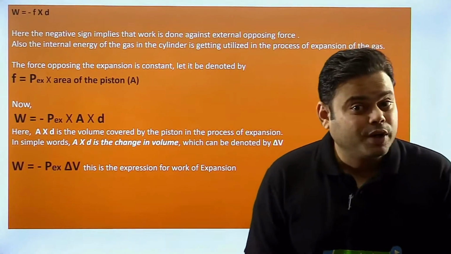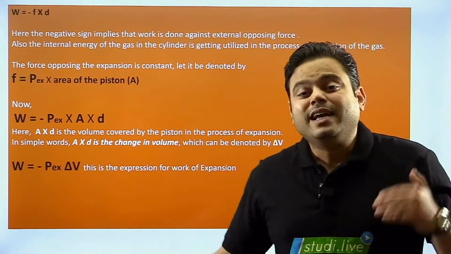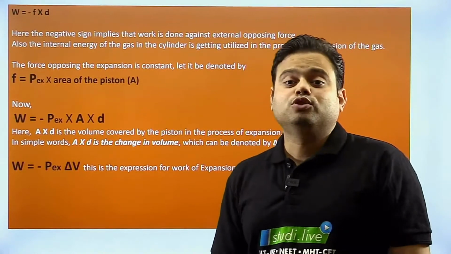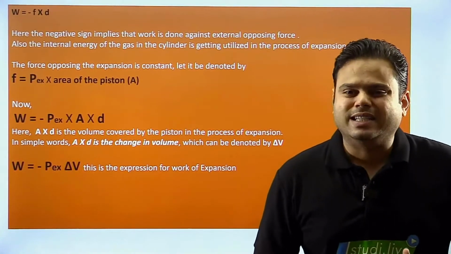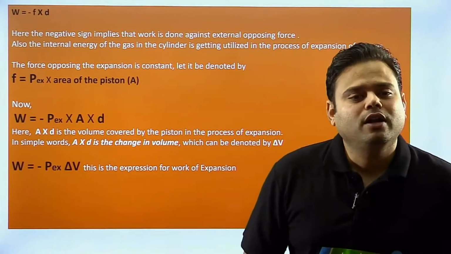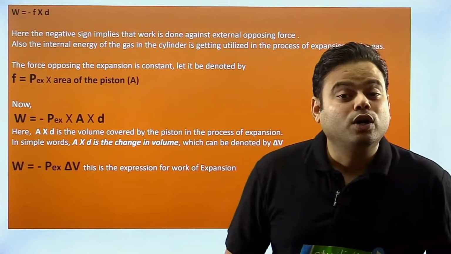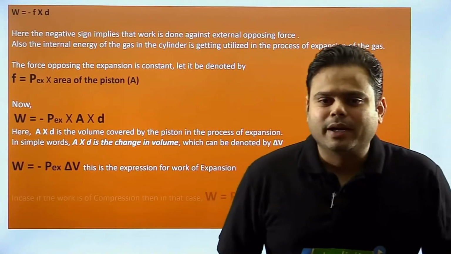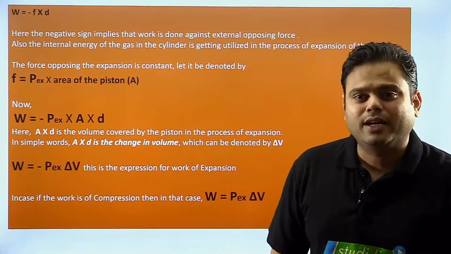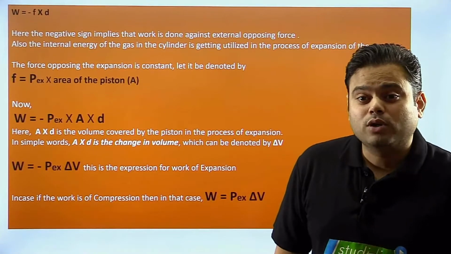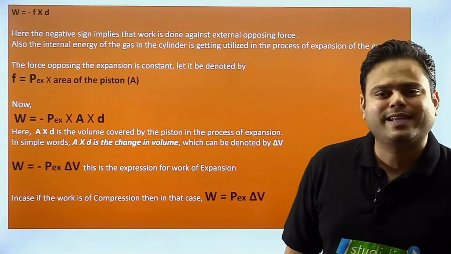And what type of work is it? Expansion. It's expansion. Expansion means the gas has expanded. Expansion means the final volume is more than the initial volume. Expansion means the final pressure is less than the initial pressure. Okay, and over here negative sign indicates that it is the work of expansion. Minus sign अगर वहां पर नहीं होगा, okay, if you have the expression as W is equal to P external into delta V, that P external into delta V, you can notice that there is no minus sign. On the last equation of the screen you can see that there is no minus sign